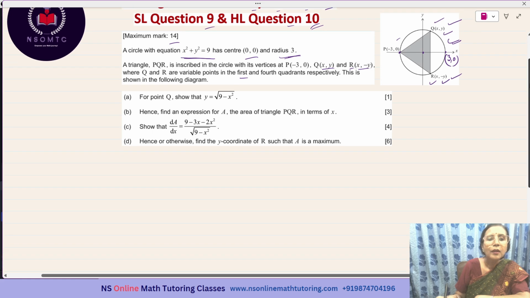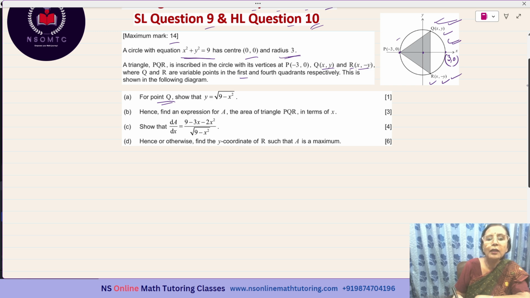Then subpart A says, for point Q, show that y equals the square root of 9 minus x squared, containing just a single mark. So we have to start with this equation. We do not have any other equation. So x squared plus y squared equal to 9